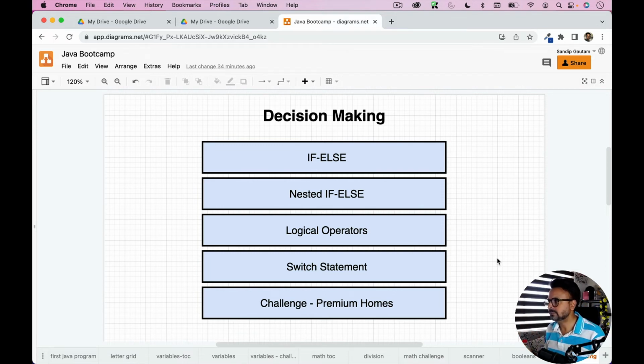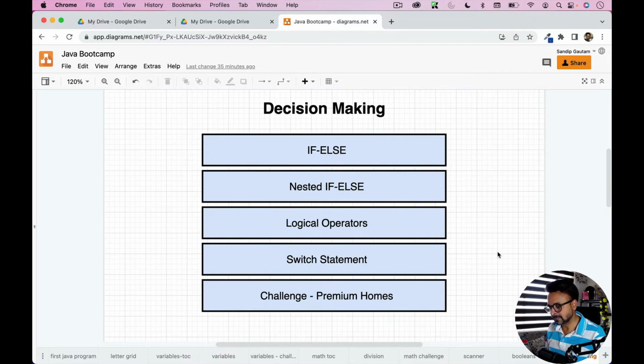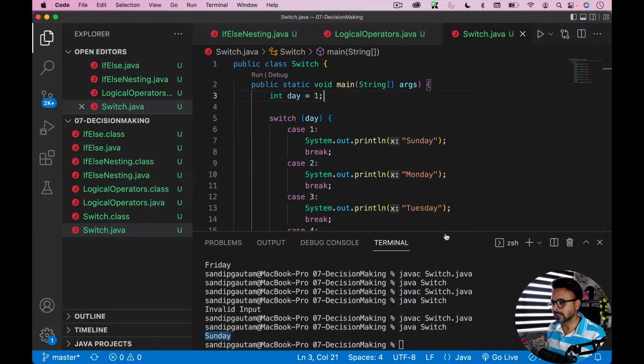Similarly, if the user has selected the second option, he wanted to sell his existing house, we can ask for some conditions, like what's your home value, what's your selling price, and something like that. So this is how we are going to make the application. Let's try that. I'm going to make a new file called